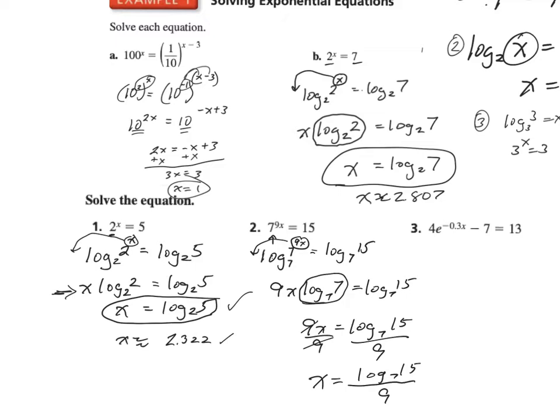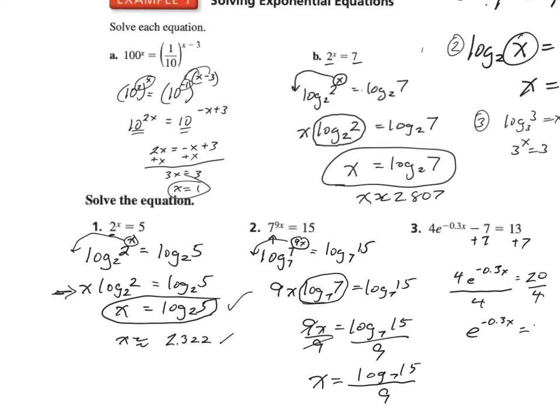Okay, well the next one looks absolutely totally impossible, but it is doable. I want to do it with you because it looks strange at first, and I'm not sure how many of you figured out the first step. The first step is merely to add 7 to both sides. So now I've got 4e to the negative 0.3x equals 20. Well, guess what? We can now get rid of that 4. So it's getting simpler here. It's e to the negative